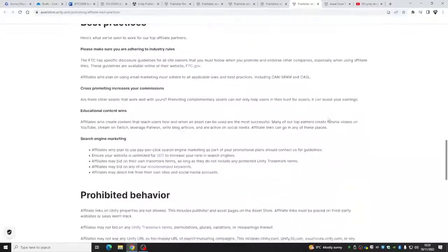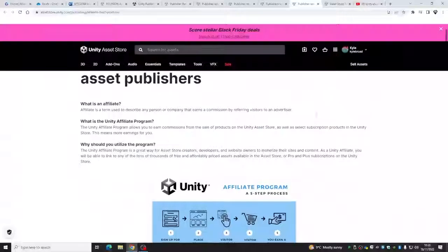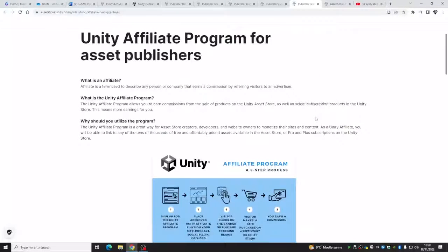Because we're publishing content, you can talk about this possibly in a business plan, how in the future you could help to grow it. Definitely talk about the Unity affiliate program in critical evaluation and reflection. How could you continue to grow your product online? The affiliate program, wicked. Need information on the affiliate program? Bang, there it is. Quote it. Tell and then explain how it could benefit you.